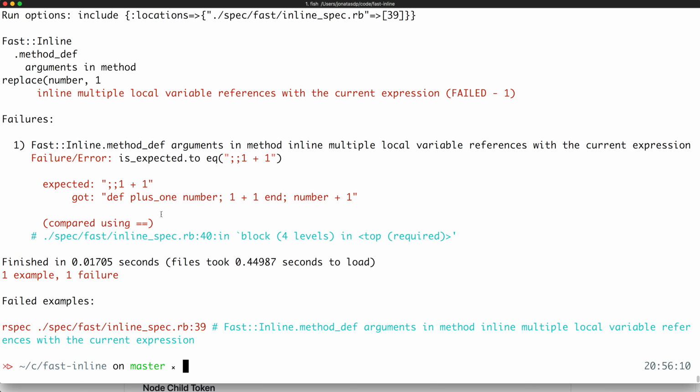So for example, now you can see that we have here the 1 plus 1 that was successfully replaced, and then we have here the method call